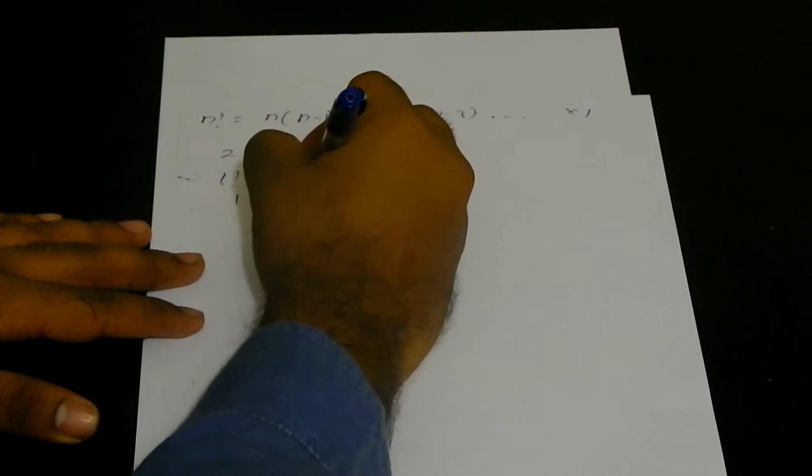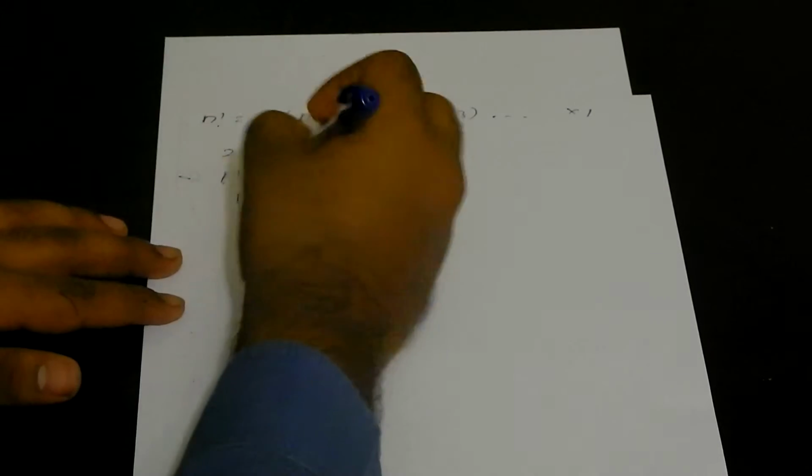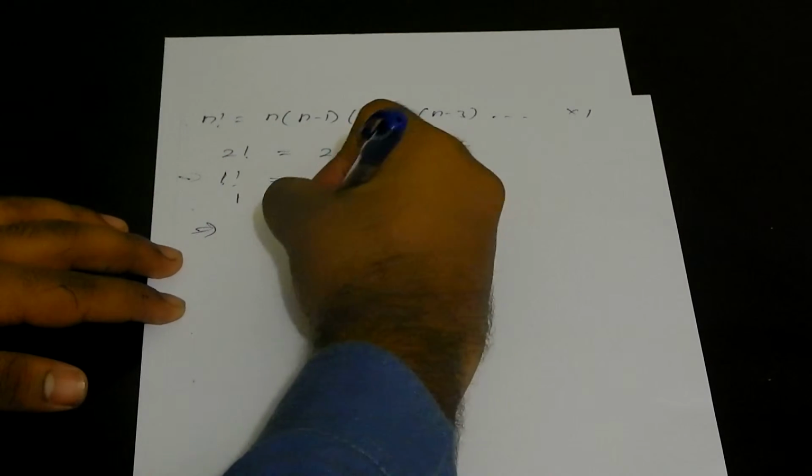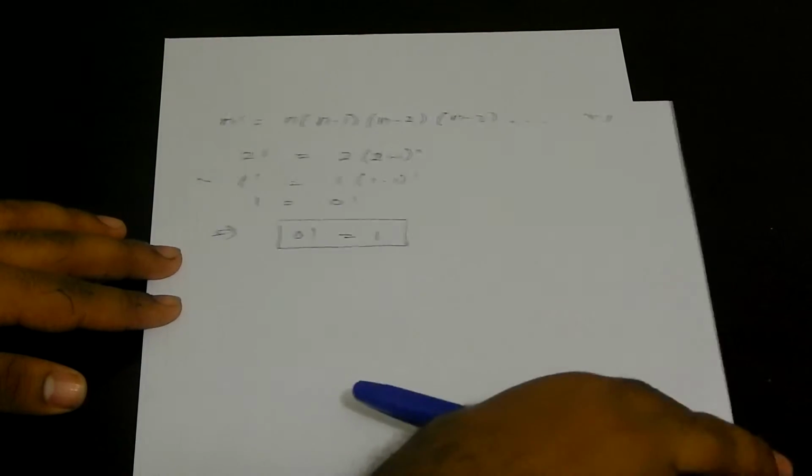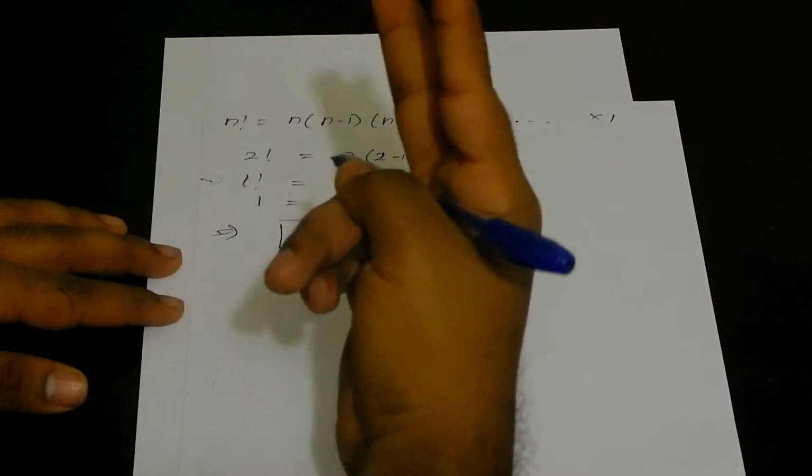So 1 is equal to 0 factorial, since anything into 1 is the same thing. So from this we prove that 0 factorial is equal to 1. So this proves our first condition. Now for our second condition,